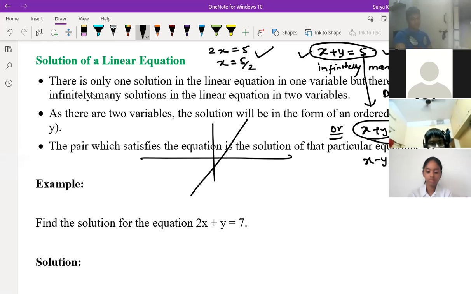You know how to draw the line? How to draw the line on the number line? Who knows how to draw x plus y is equal to 5? How to draw a line on the number line or the coordinate plane? Nihar, you know that? Yes, sir. Sir, we have to first draw this plus symbol, and then we have to mark X, and then we have to draw a line down. Yeah. Sanvi, you know?